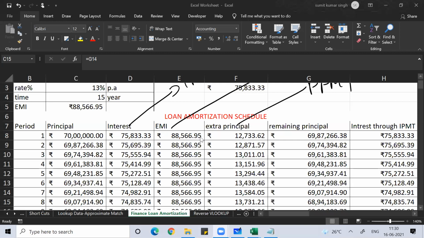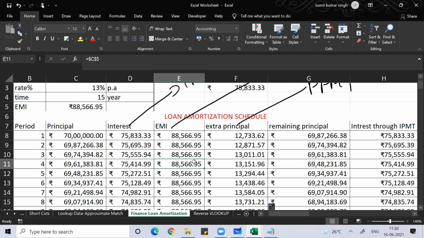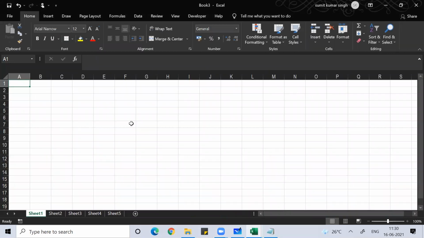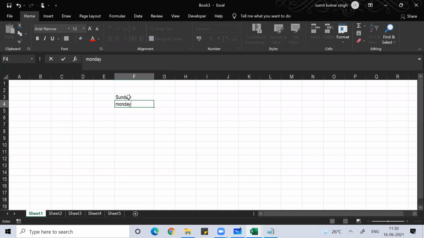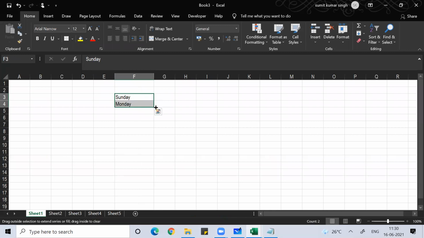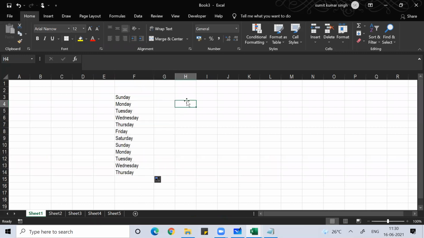So Reshma is telling she wrote Sunday, Monday. Reshma is still in that world of Sunday, Monday. Reshma started Excel today. So you write Sunday, Monday, then Reshma, you just select this and drag it. Wherever you see the dot sign, start dragging.